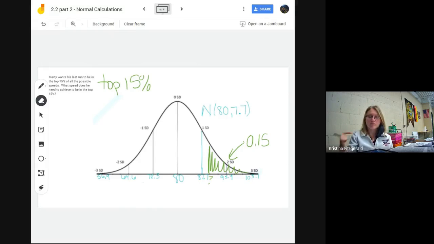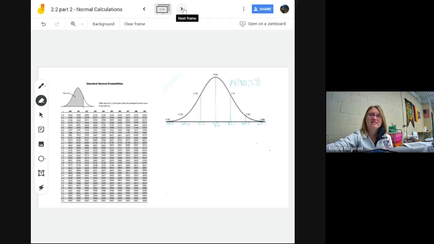So in this case, we're going to work backwards. So we're going to use the Z-score chart, or the standard normal chart, and work backwards. So just remember, the standard normal chart always gives us the area to the left. So if we want to be in the top 15%, that means 85% of people are below us. We're doing better than 85% of people, and then there's 15% of people doing better than us. So let's take a look at how we'd find it. It's a little